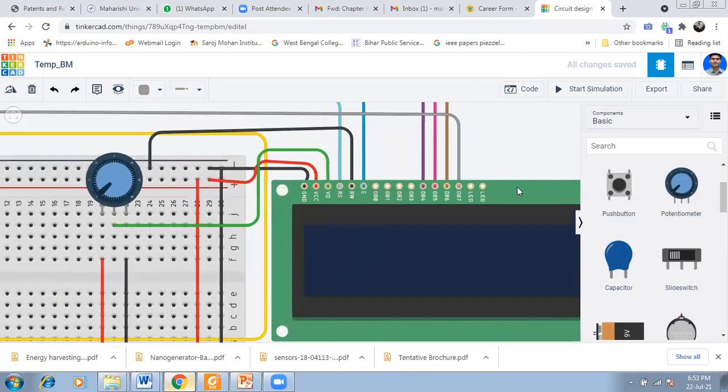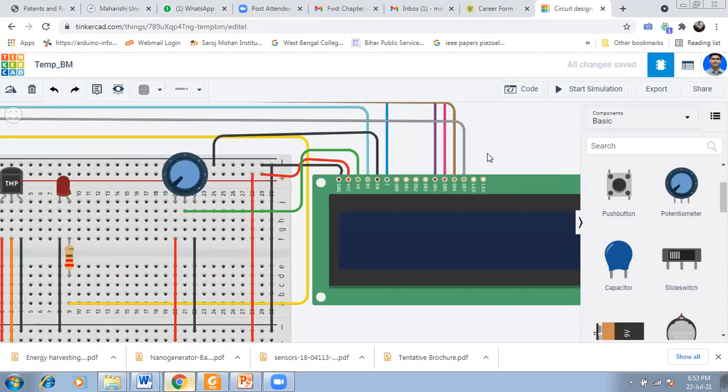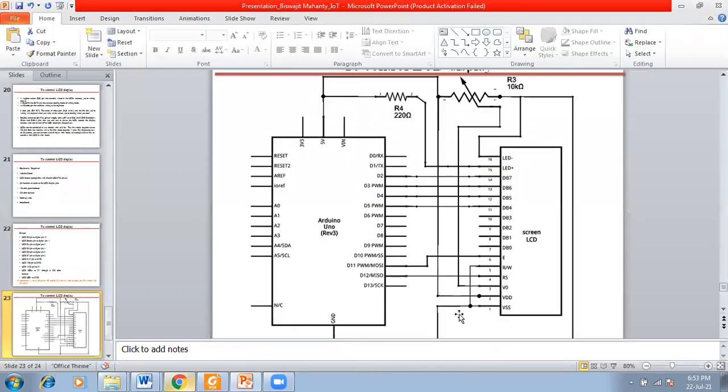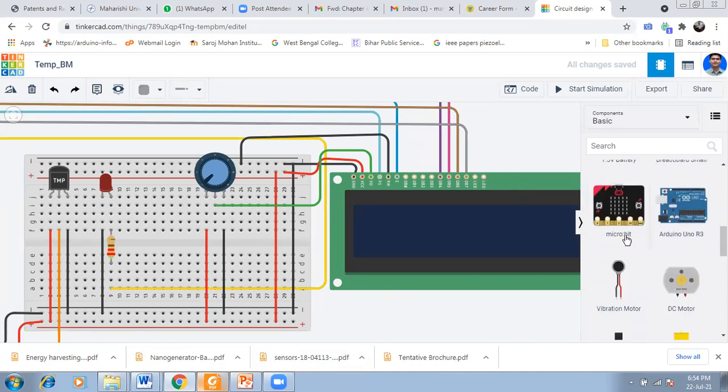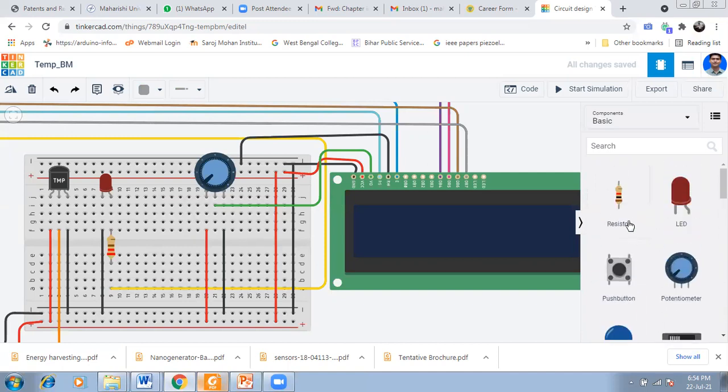Now remaining LED, that is anode and cathode. Now see, LED plus is connected with a resistor to the plus 5 volt. So take one 220 ohm resistor here.